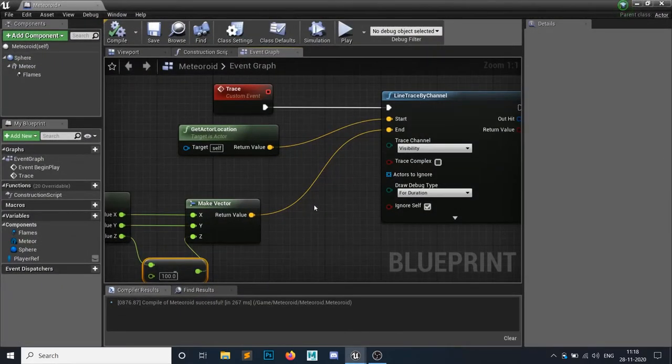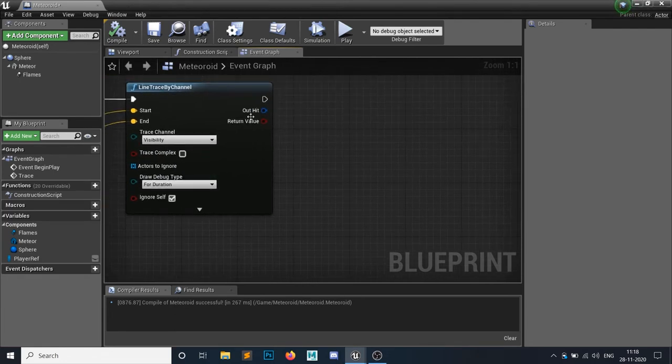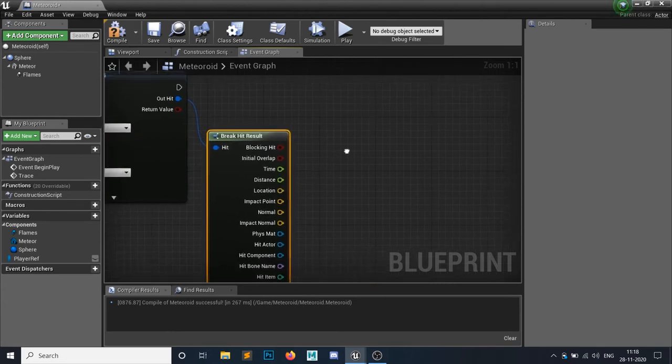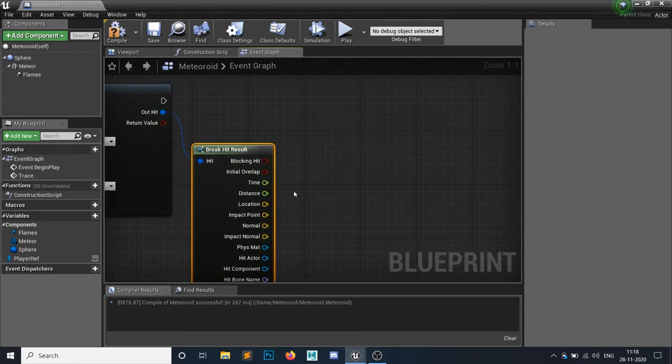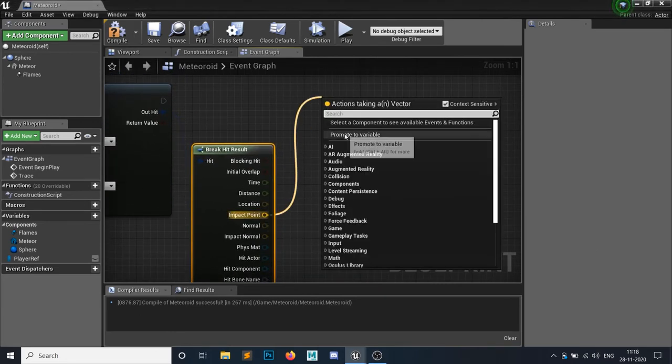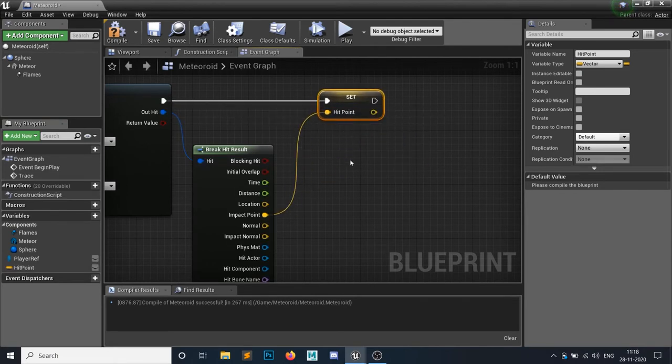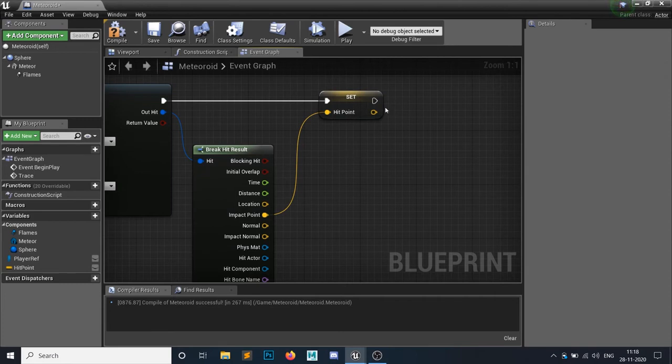Okay, now what I need to do, after doing the trace, bring out this and break hit results. So wherever my trace is hitting, I simply need this impact point and I need to promote it to a variable. I'm gonna call it hit point. Alright, so we got a vector location of wherever this is hitting.